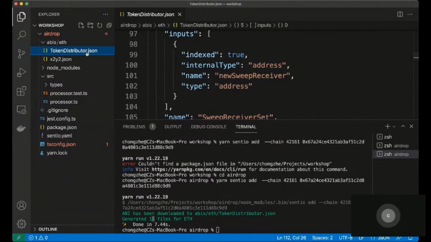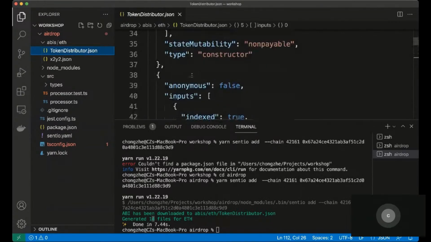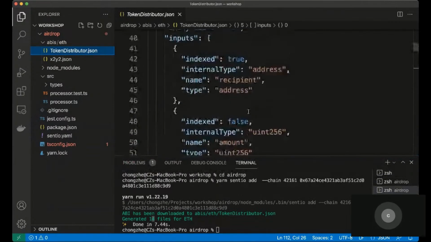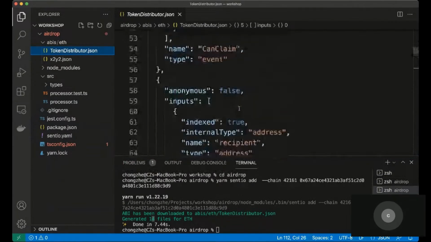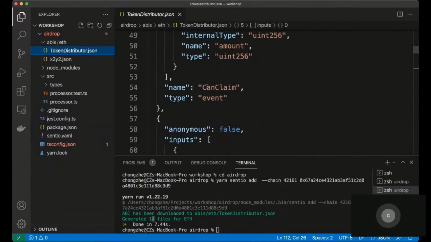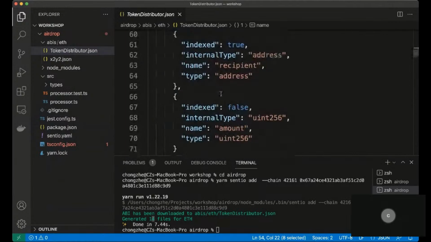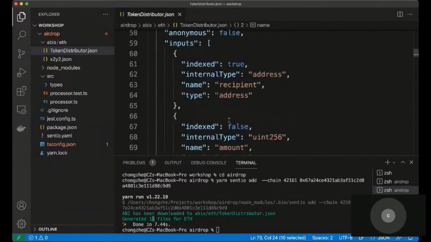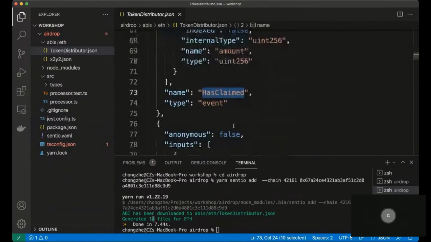As you can see here, token distributor.json is the ABI file, and all the related TypeScript classes have been automatically generated. So in this specific smart contract or ABI, the most important part is that they have two events. One is called CanClaim. CanClaim basically creates eligibility for each address to claim the token. And there's another event called HasClaimed. The HasClaimed event is emitted whenever someone actually goes and claims that token. So we will basically try to track these two events and create a whole bunch of metrics and dashboards based